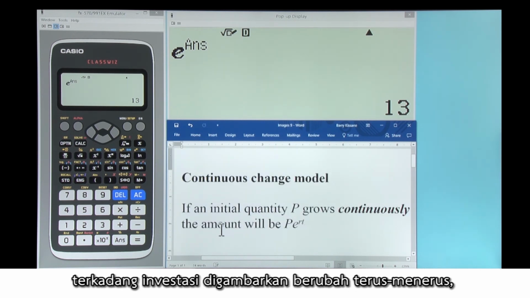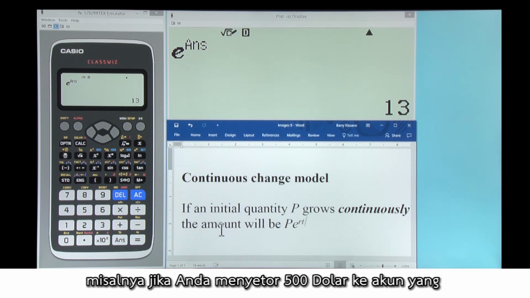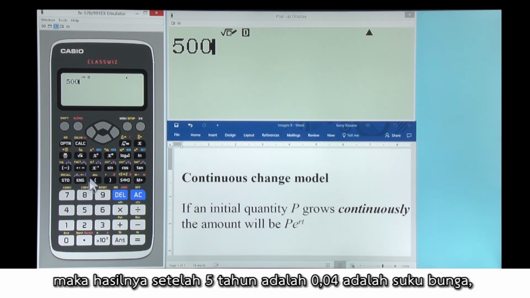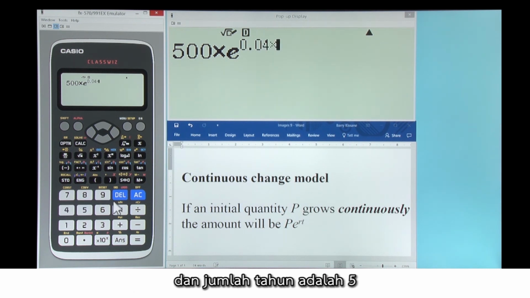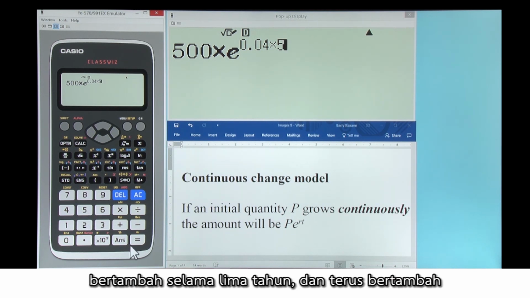Sometimes investments are described as changing continuously instead of quarterly or monthly or daily. For example, if you deposit $500 into an account that's earning 4% per annum, and the interest is compounded continually, then the result after 5 years is the following. 0.04 is the rate, and the number of years is 5. This will give us the result to which the money in the bank compounds after those 5 years, if it